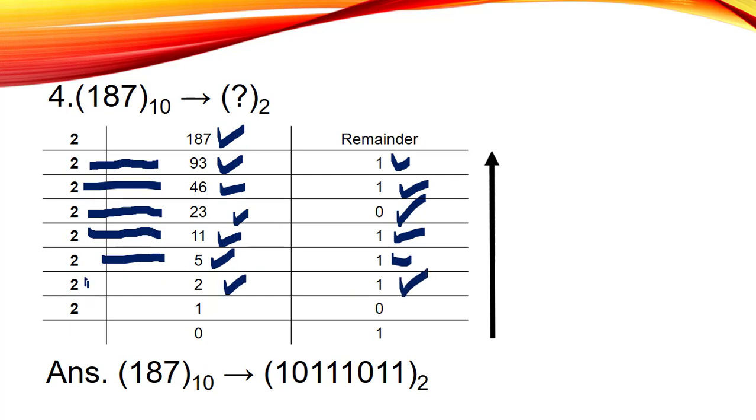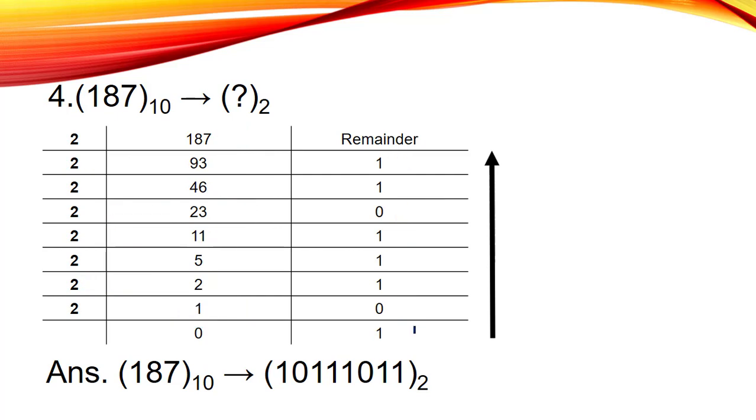Now we have to divide this 2 by 2. So when you do so, the result will be 1 and there will be no remainder. Well, now at last we have to divide this 1 by 2. So when you do so, your result will be 0 and a remainder of 1 will be generated. So it means our answer will be 1, 0, 1, 1, 1, 0, 1, 1 in the